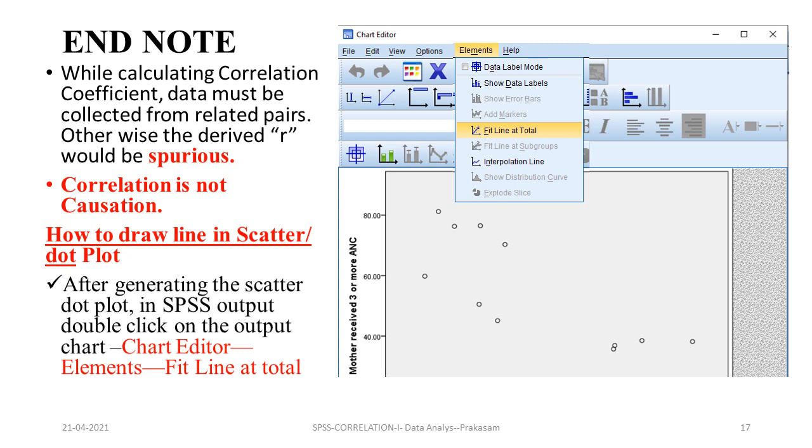In that chart editor, there is an elements menu. Identify the elements and click; there is a drop down menu. You will find fit line at total. Then you will get the straight line plotted along with the dots, and it also gives the R square value at the top right corner.